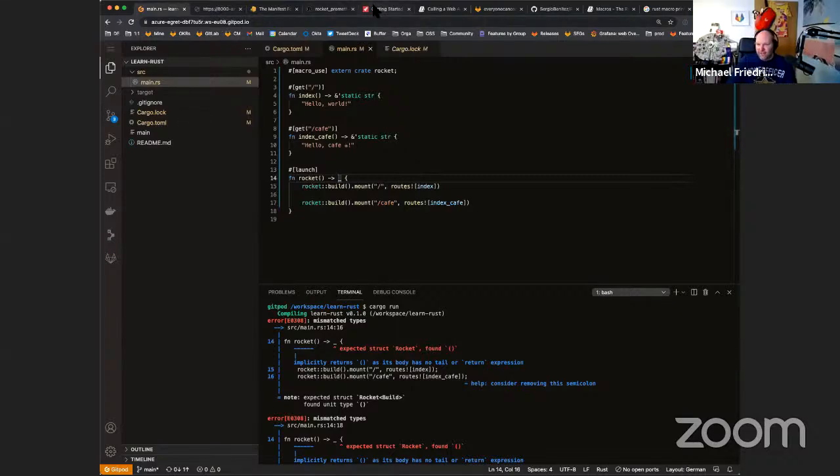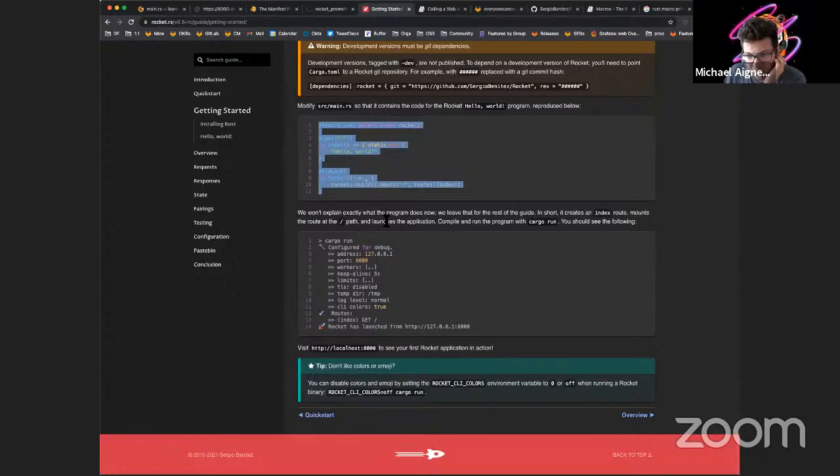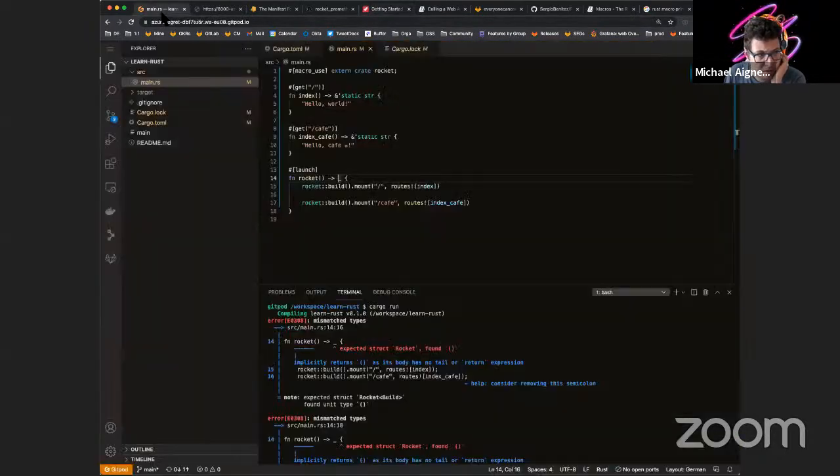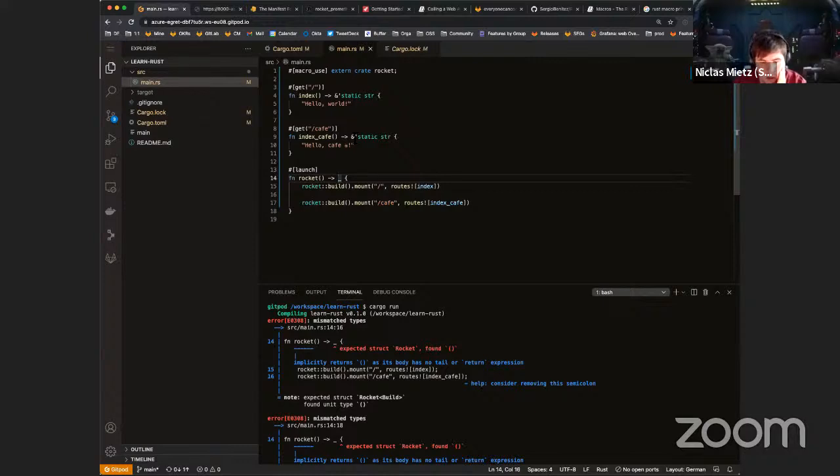Yeah, let's get back to the... Could it be the static str? Maybe just using string. The return type of the function. Maybe. No, I think maybe I'm only allowed to create one object, like rocket build, and then you reuse that for mounts. I think the rocket build mount is so that you're setting up the context, so in which context the routes should run, and then you can